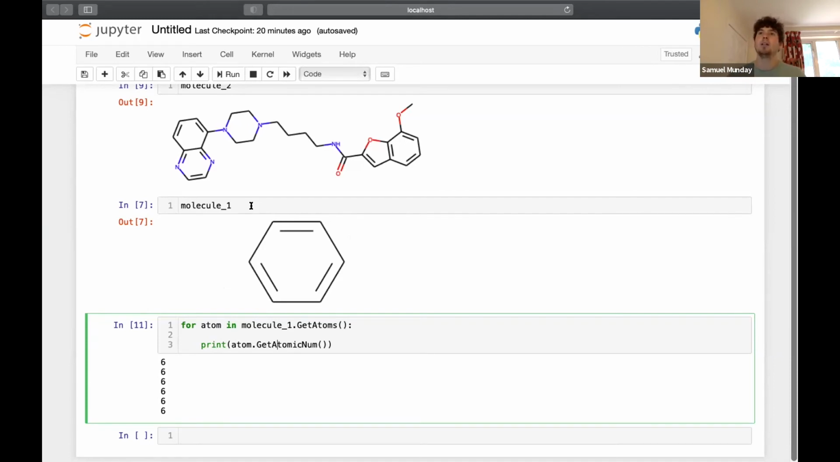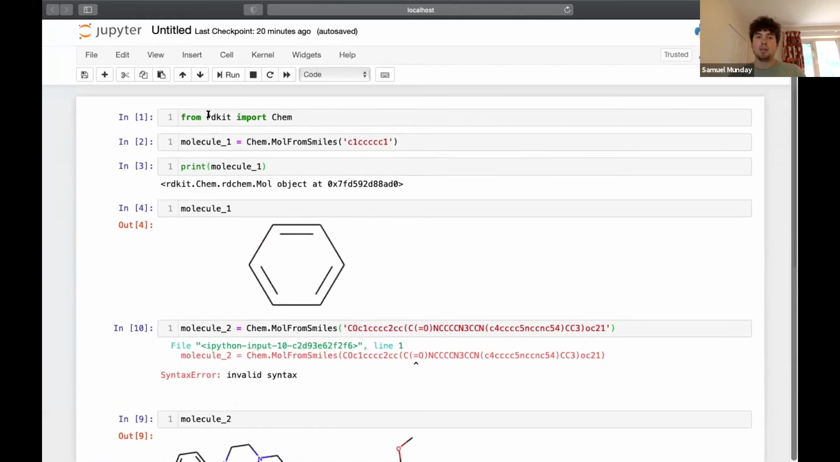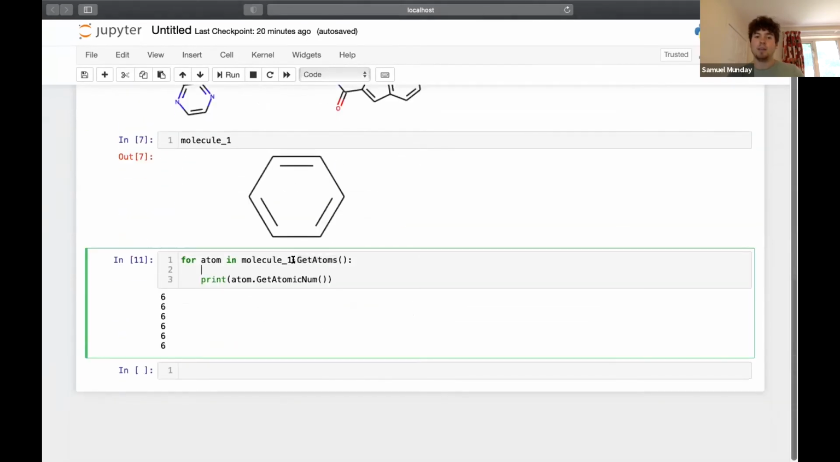We are going and looking at everything in it. We are then saying, right, the thing we want to look at is molecule 1, and we want to call from the RDkit chemistry library the getAtoms function. And this function is just something that takes in our molecule 1 and